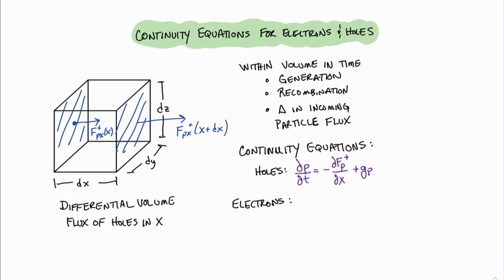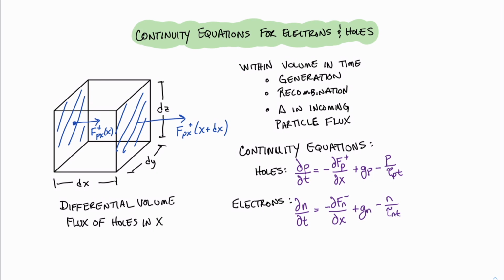So what we have is some time constant, some average length of time that these carriers can go before they fall into, in this case, if it's a hole, before they recombine with the electron. So we'll write that as minus P divided by the time constant tau sub pt. Similarly, for electrons, we can write a very similar looking equation. We can say dn/dt equals minus dF sub n/dx plus g sub n minus n over tau n